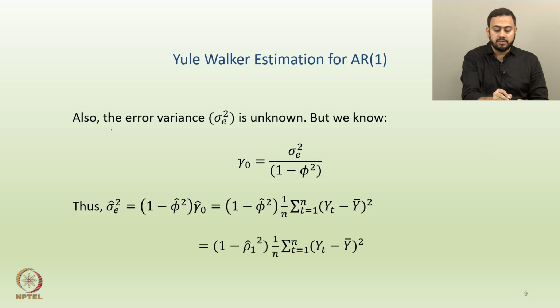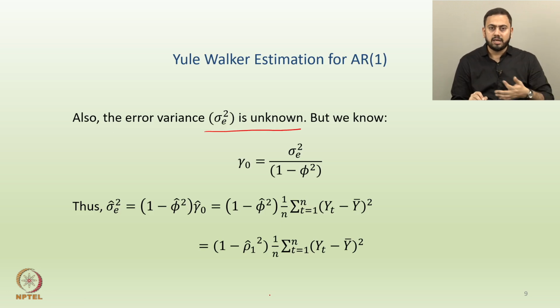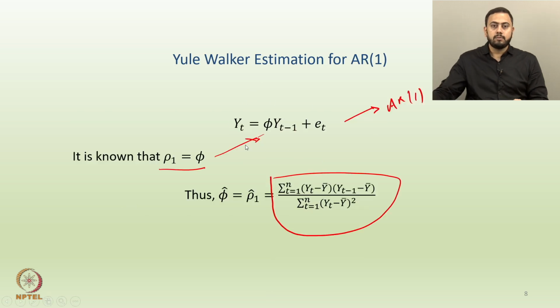Let us say the error variance. By the way, this is one more parameter in any model. Be it AR1 or AR2 or any other model, you also have this variance of the errors. So, this is another parameter. Again, if you come back to the AR1 structure, you have this error term here, isn't it? Et. So, there must be some variance of that Et, which is given by sigma square e, and sigma square e is another parameter for us. In fact, one needs to estimate both the parameters, phi as well as sigma square e. If you want to estimate two parameters, how many equations would you require? You would require two equations, right.